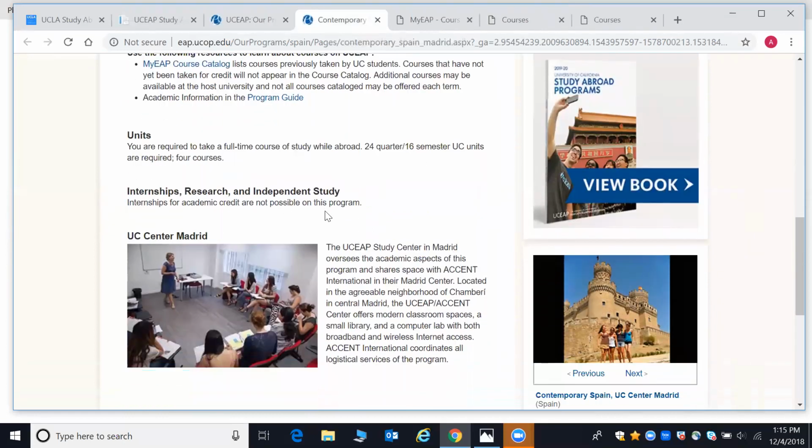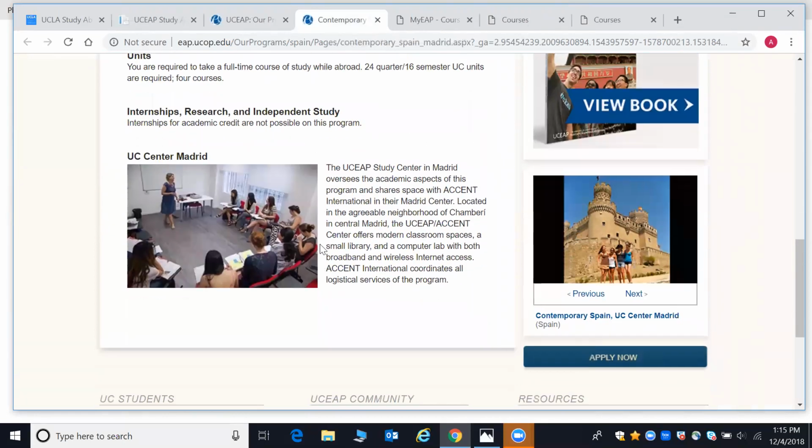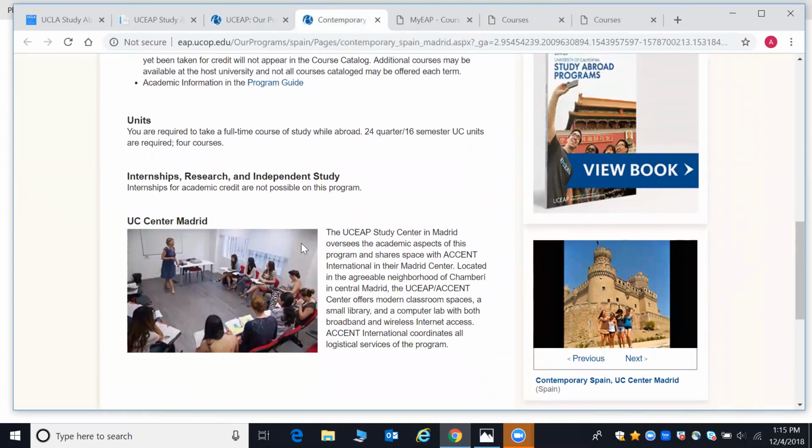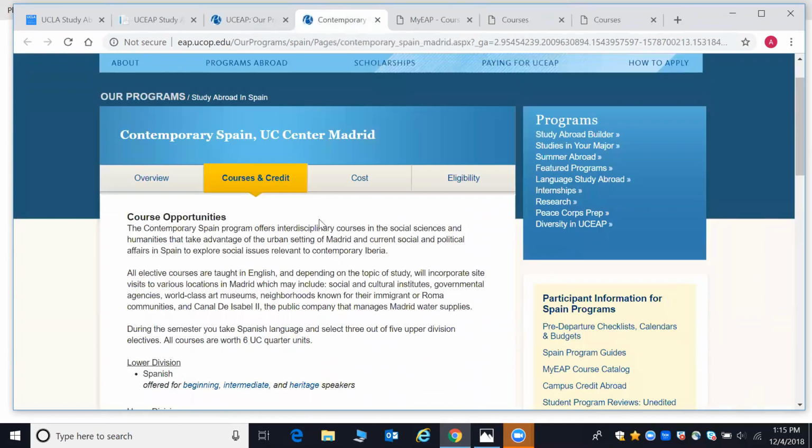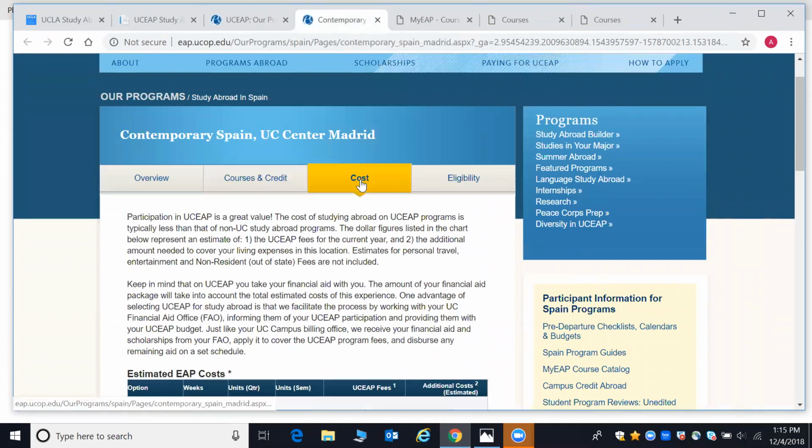If there are internships available, it'll usually tell you a bit about the school. This one is the UC Center run by Accent in Madrid. And then the other 2 tabs here at the top, we've got our cost tab, which is going to be